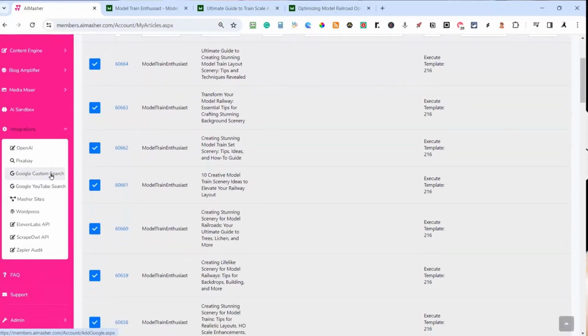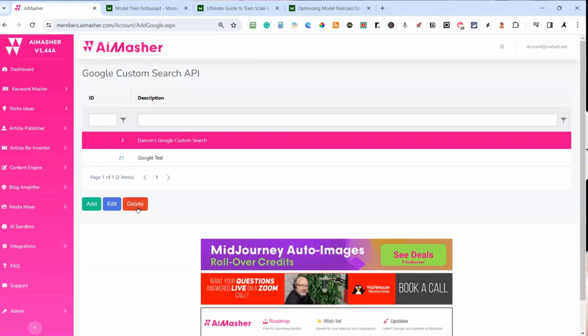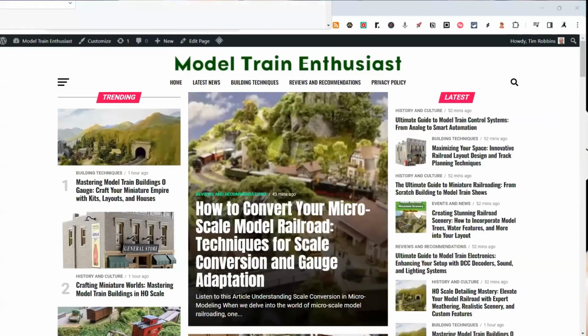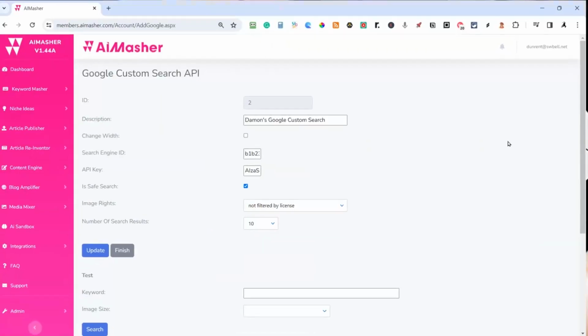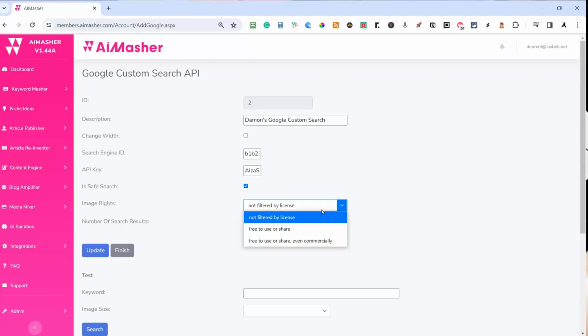Yes. If I show this, it's not going to show the full API. Hopefully not. Can't remember. I don't think so. I like y'all, but I'm not going to give you my API key. Okay. Yeah, there you go. You can have the first 4 characters. It's safe search, so not filtered by license. Actually, this one is not free to use or share, even commercially. So I thought I had it